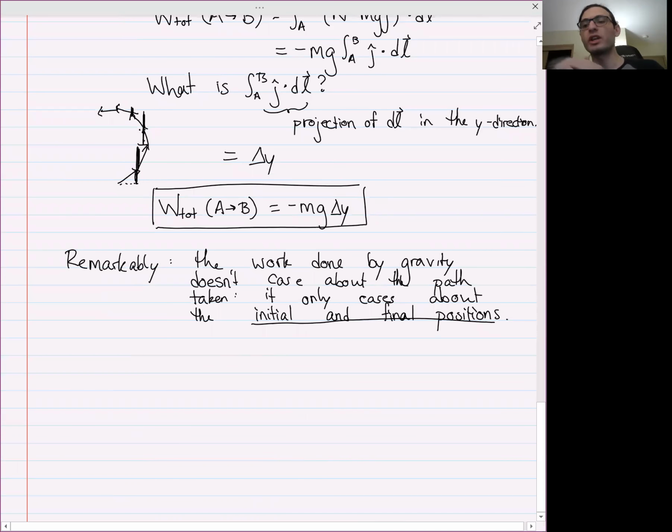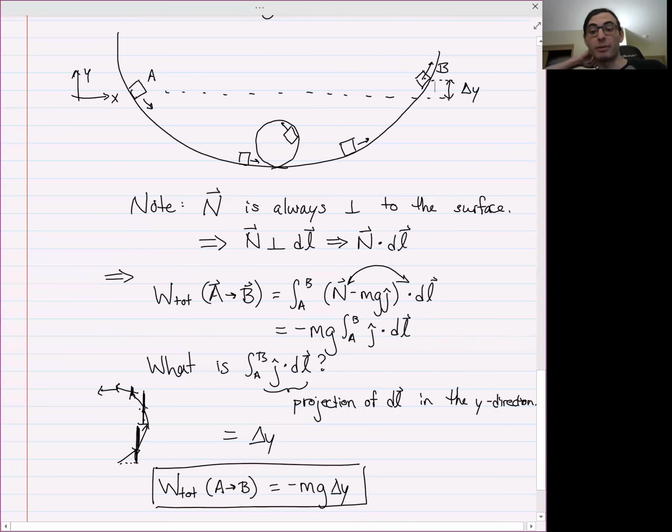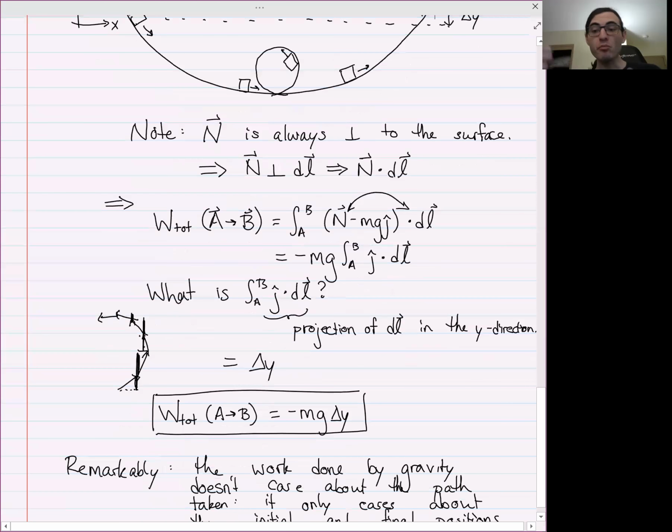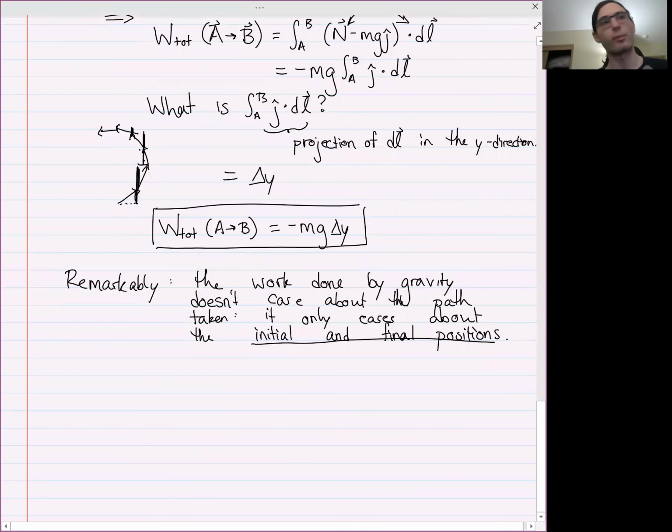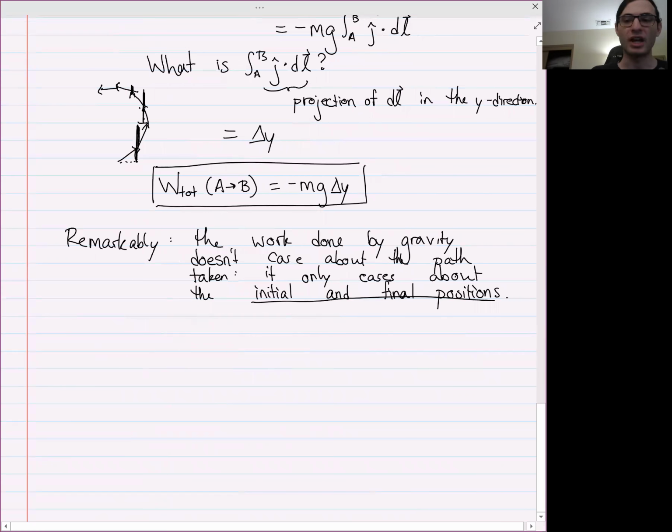Gravity will always only care about where you started and where you ended. And the reason for that is that once you isolate the work done by gravity, like we did here, what you'll end up with is whatever you're calling your vertical unit vector, j, in this case, dotted into the path. And that will always just be the vertical displacement of that path by this type of argument that I just made. And so this is an amazingly useful property of gravity, and other forces also have this property,